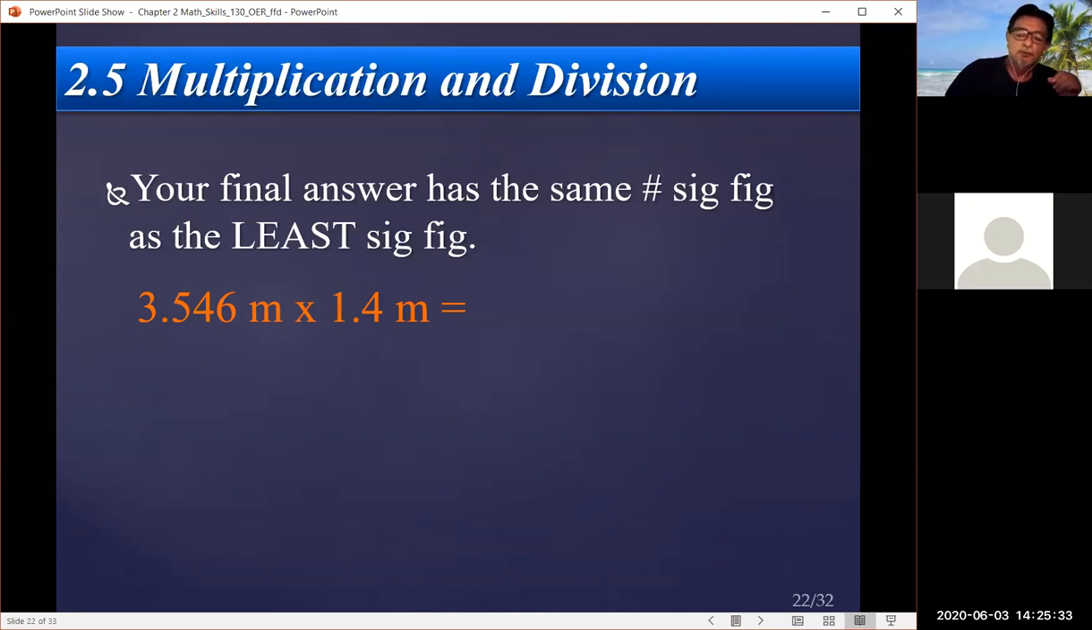Okay, also when you do multiplication, don't forget about your units. You're going to multiply meters times meters. So meters times meters, a little bit of algebra here, gives you meters squared, right? Bananas times bananas gives you bananas squared. Sure. All right, so once we do the math,